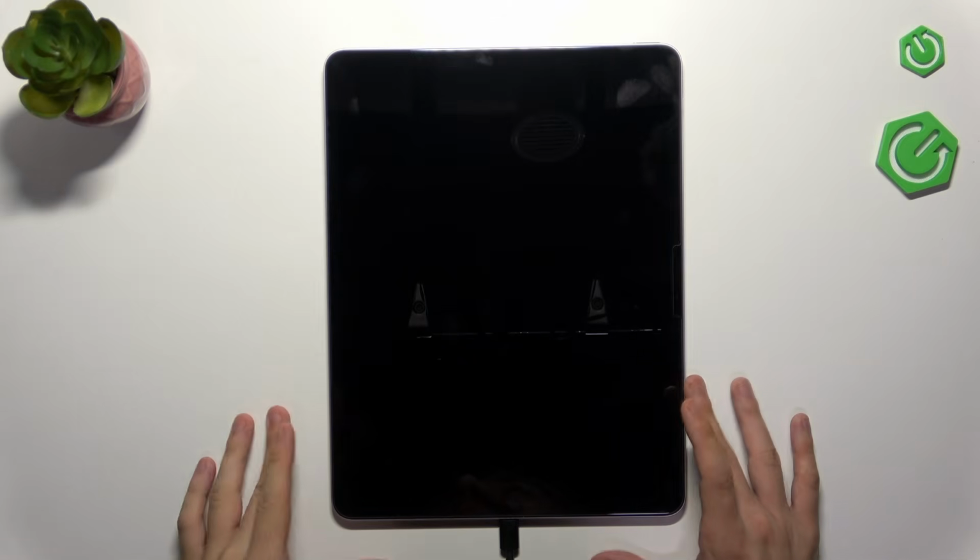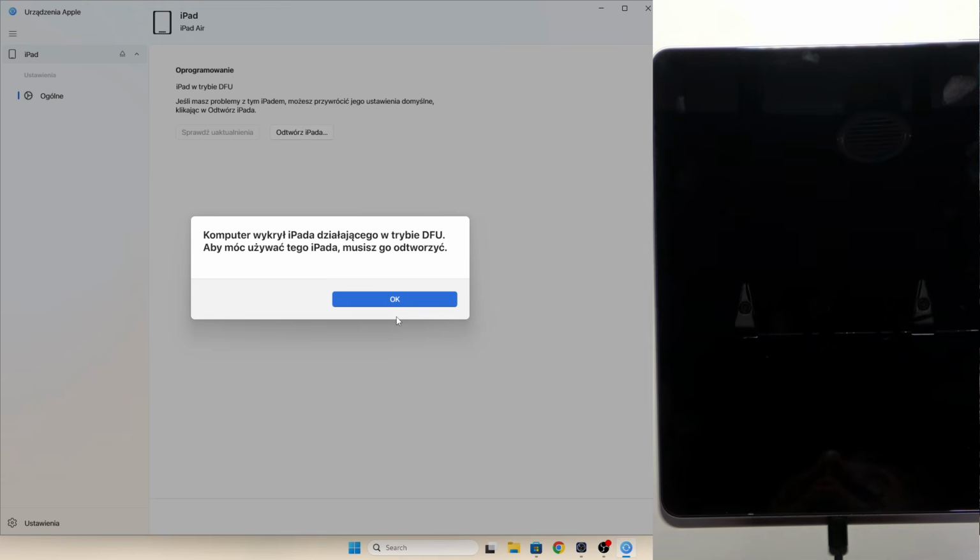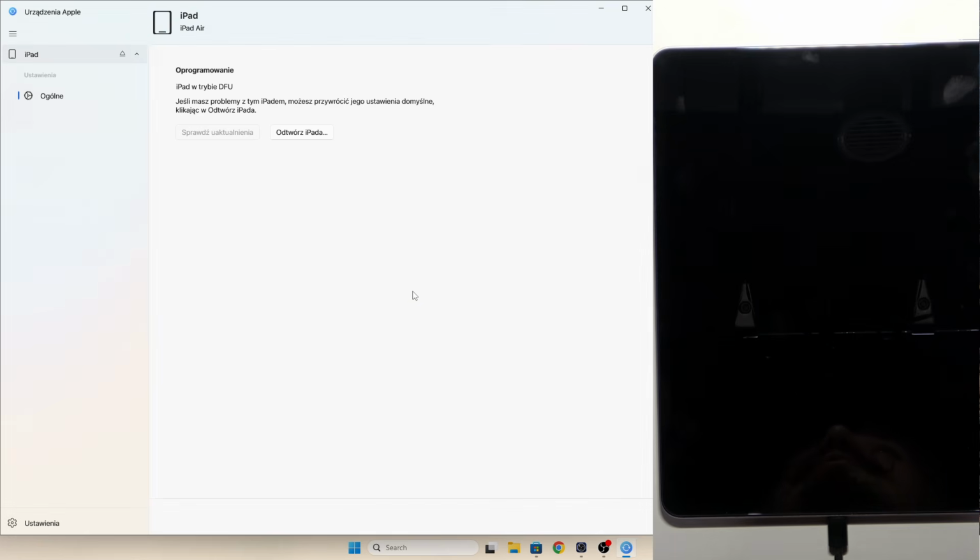right now. There's my computer here. And there it is. It shows me that the computer has detected the iPad working in the DFU mode. And I could then just click on Restore iPad. So basically the same thing as in recovery. But I'll leave the DFU mode because in my case it worked, and you'll just see how to set it up later through the